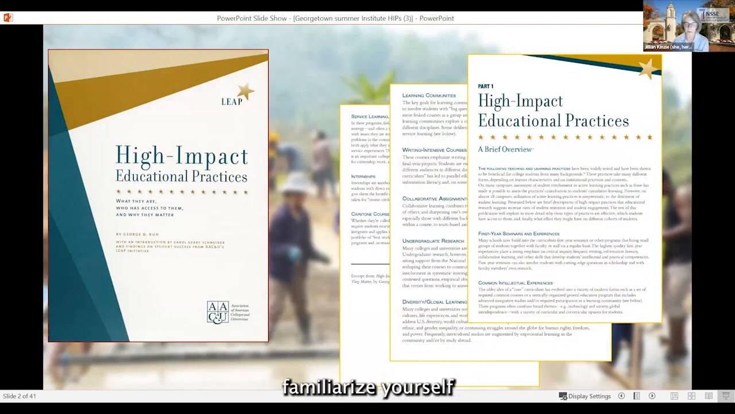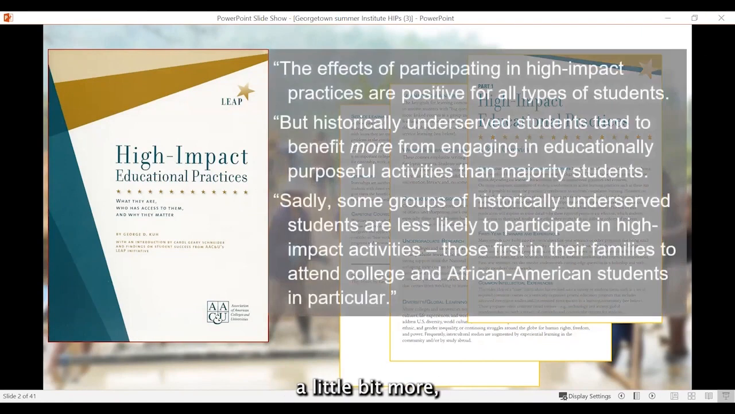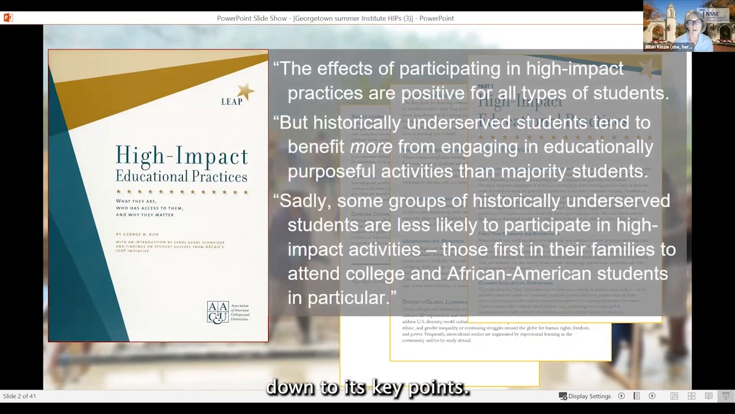So if you haven't familiarized yourself or don't know this publication perhaps as well as I do, I invite you to pause on it and think about it a little bit more. But essentially, to distill it down to its key points, it noted and provided evidence for the value of participating in high impact practices, but also pointed out the really important distinction that historically underserved students, those who are first in their family to go to college, those of underrepresented racial identity groups, students who entered institutions with lower entering board scores,